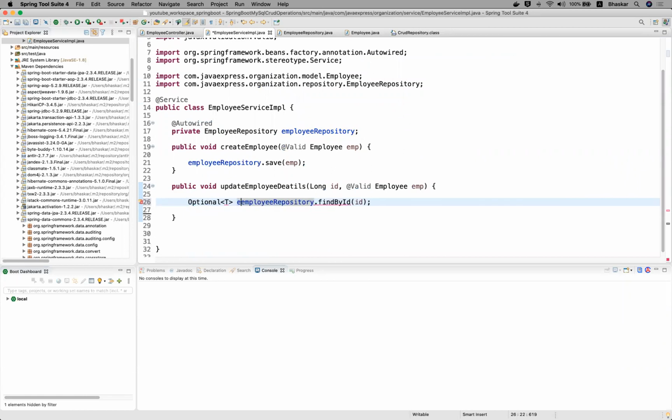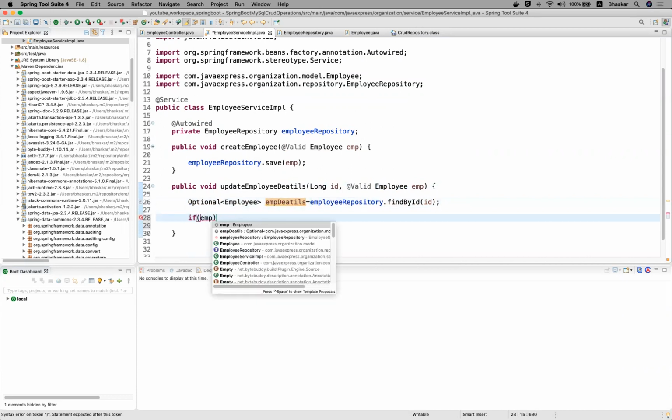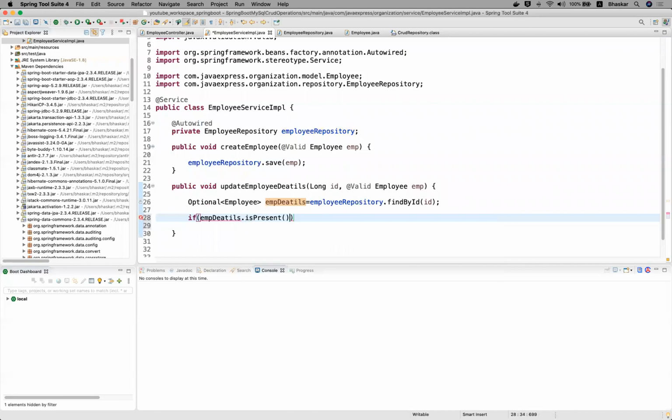Now try to see, empDetails. I'm taking empDetails of type Employee object. Okay, now here you can check this condition. If I want to check whether my employee details is not present, this is like isPresent, I am doing a not-equal condition.